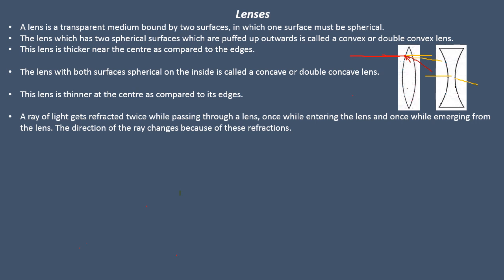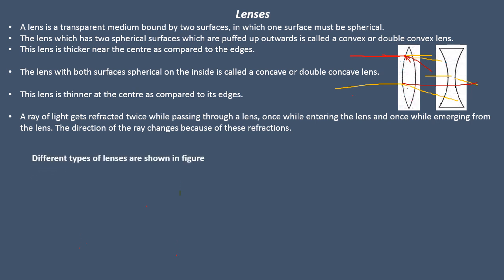and because of this refraction, the direction of the ray is getting changed. The ray which is passing from here, when you study the ray diagram, you will come to know the ray is coming like this, straight, but when it comes out from the lens, it will look like this. So this is your actual path, but it is coming this way. Why? That is what refraction does when light moves from the rarer medium to the denser, that is air to the glass, and again glass to the air. So therefore two times refraction is taking place.